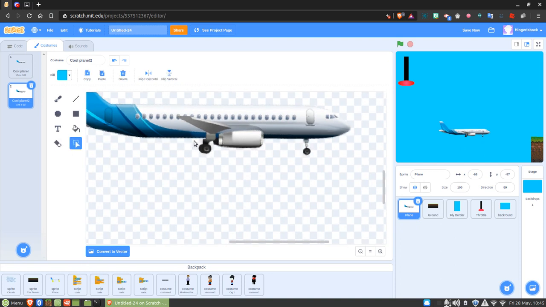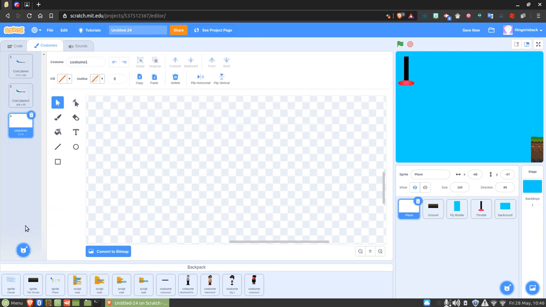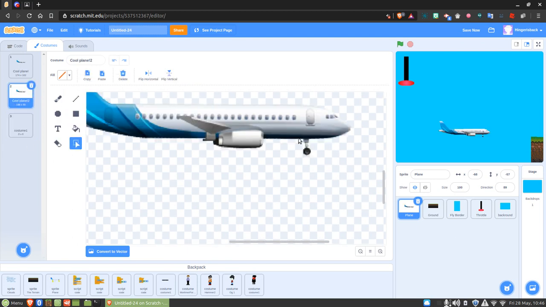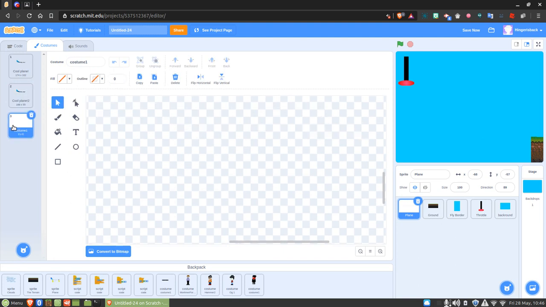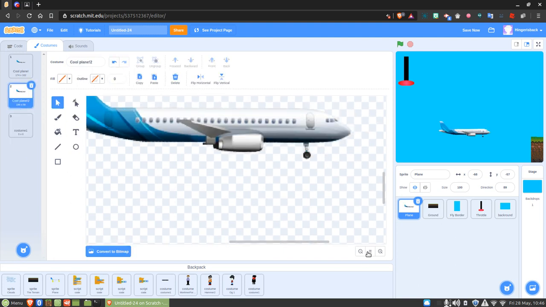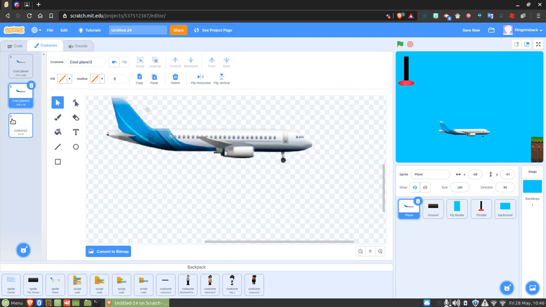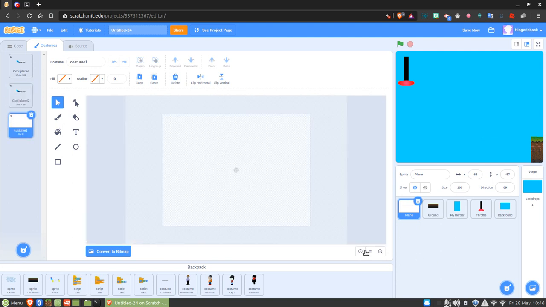Then I'm just gonna copy this and then press Control X. Go to here, paste it, go to here, copy that, and paste it. Now that we've gotten that done, we can convert this to vector, and then if we